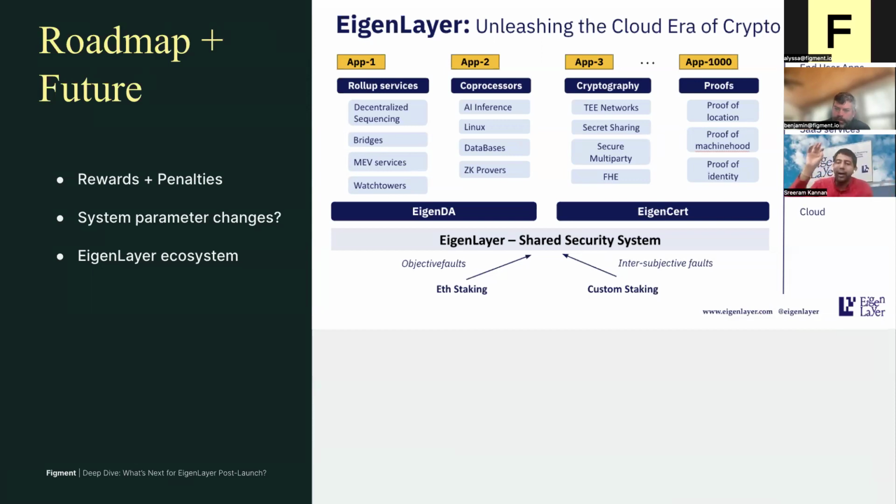the AVSs. In terms of why stakers should restake now versus a few months later, each of these AVSs have their own incentives and rewards, some of which may be articulated, some of which may not be, where they may reward early participants who bootstrap their network when they actually go live. They may have loyalty and rewards programs, all of this stuff, which are specific to each of these AVSs, not through EigenLayer. So that's one of the